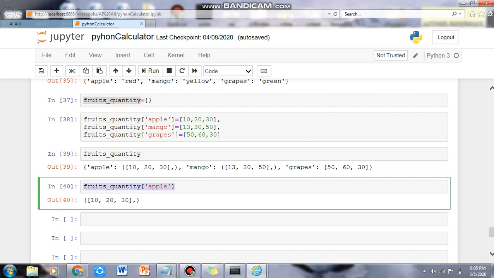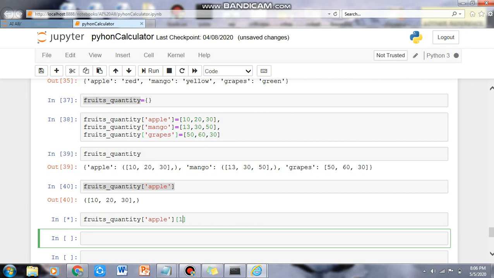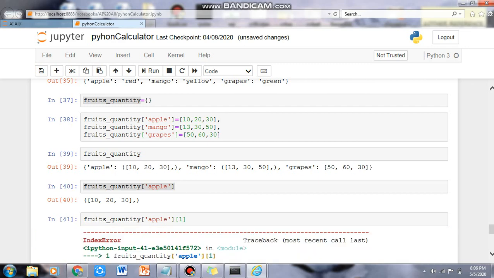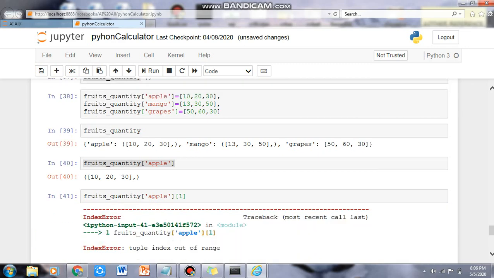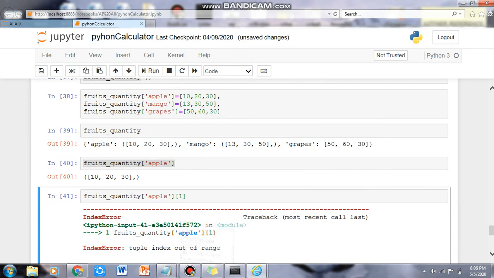So here, if we want from the apple only the first value inside it, we'll just press shift plus enter in the second one, and it will bring out the second value.